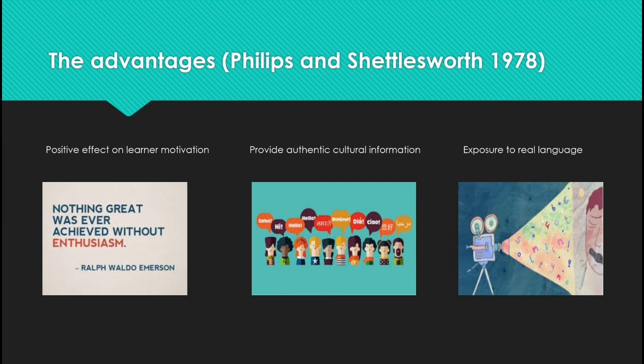Next, we have the authentic materials, defined as appropriate and quality in terms of goals, objectives, learners' needs and interests, and natural in terms of real life and meaningful communication. They have a positive effect on learner motivation and they provide authentic cultural information. To sum up the advantages,